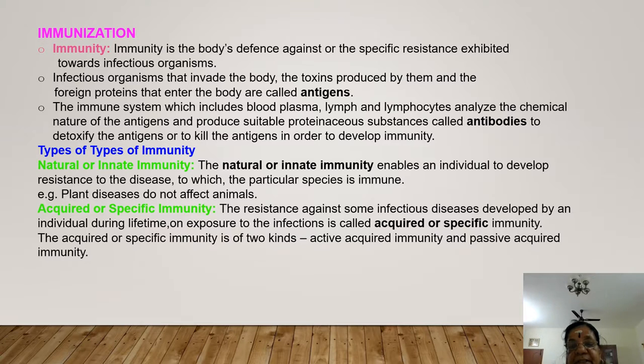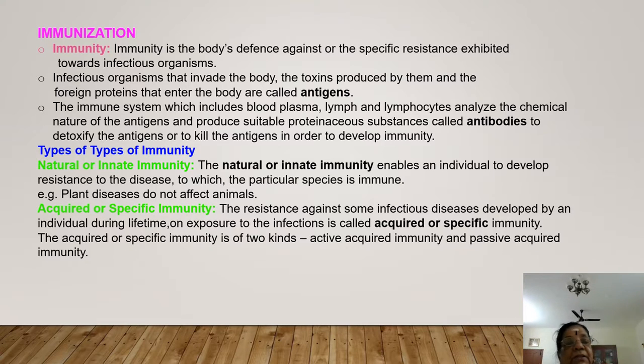I hope you understand. So, for example, when the chickenpox virus enters our body, invading the body, the virus will produce toxins, the poisonous substance, and foreign protein. The protein is the foreign protein that enters the body. This is called an antigen. Now the immune system, which includes blood plasma,